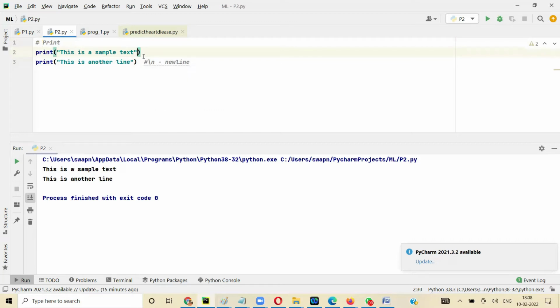To do that, we say end equal to and quotation marks. So when you say end equal to, by default that \n is removed, and whatever you give here will be printed instead. If you don't give anything, nothing will be printed at the end. And see, these two lines are connected, right? If you give a space,